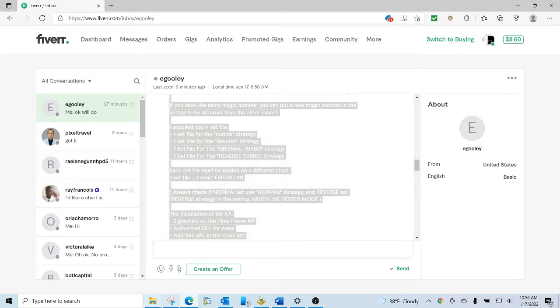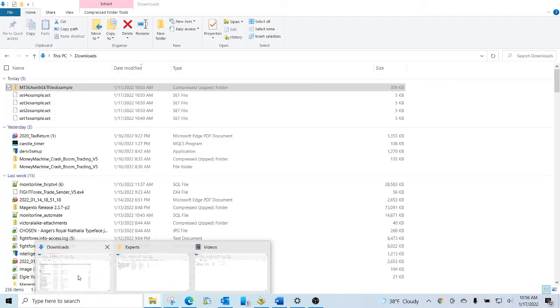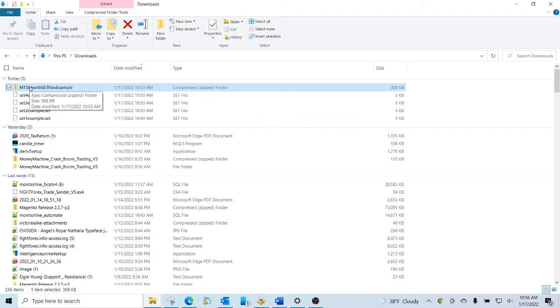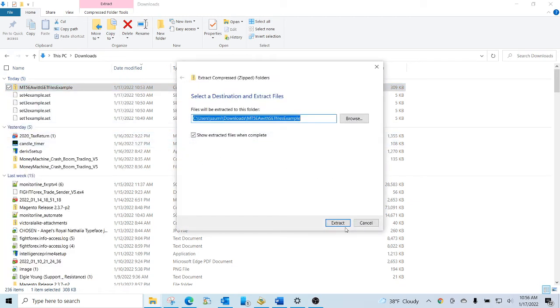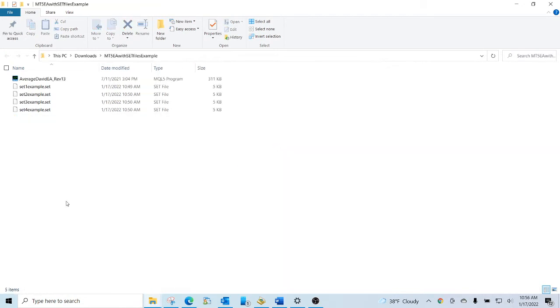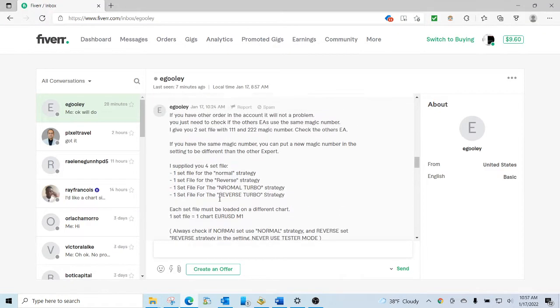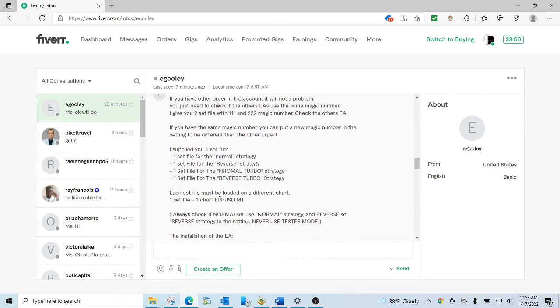So to kind of simulate this, I've created one zip file, assuming that you got all the information in a zip file. This zip file actually, once you extract, will have one EA file. Again, this is all sample, just took whatever I had, and four set files. That's what I assume as per this will be there. So I'm gonna demonstrate how to go about this on my laptop, and you will have to do the same thing on your VPS. Okay,